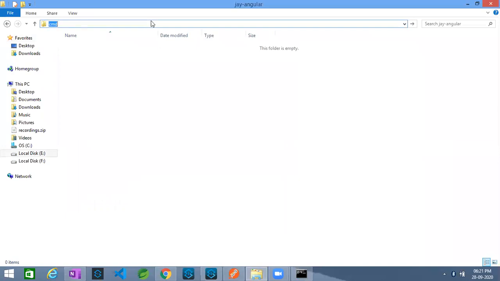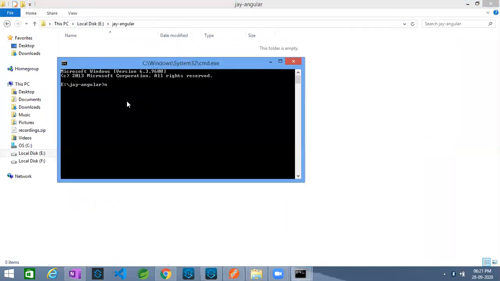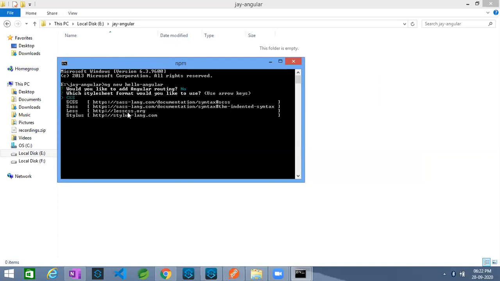Go to the command prompt. ng new hello-angular: ng space new space name of the application. This will create a new application for you. Select no, and CSS.